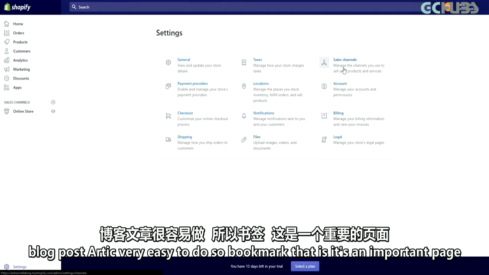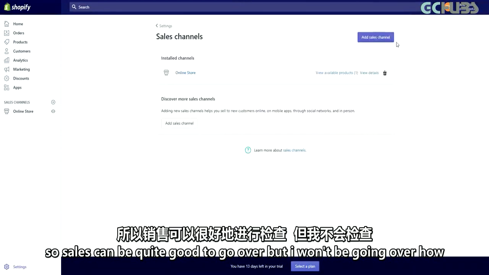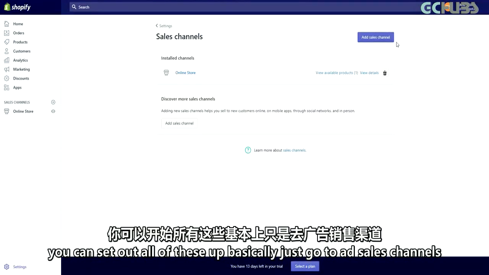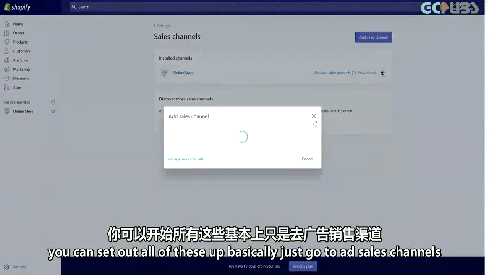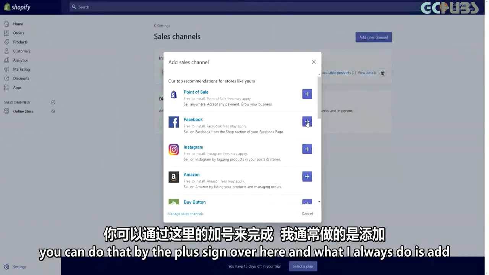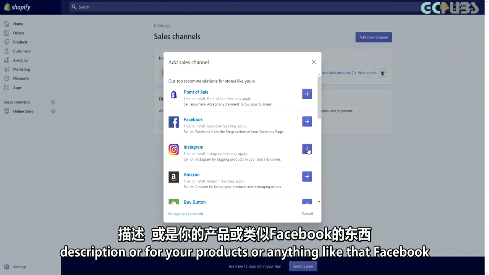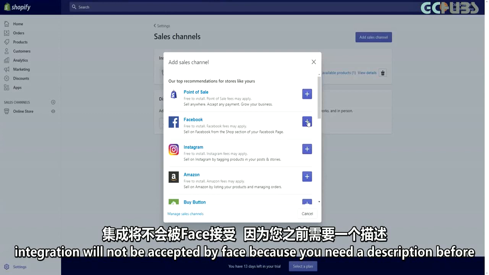It's an important page. So sales channels, this is quite good to go over, but I won't be going over how you can set all of these up, but basically just go to add sales channels. You can also do that via the plus sign over here, and what I always do is I add Facebook and I add Instagram. But from the beginning, you won't have a description for your products or anything like that, so your Facebook integration won't be accepted by Facebook because you need a description before they add your products